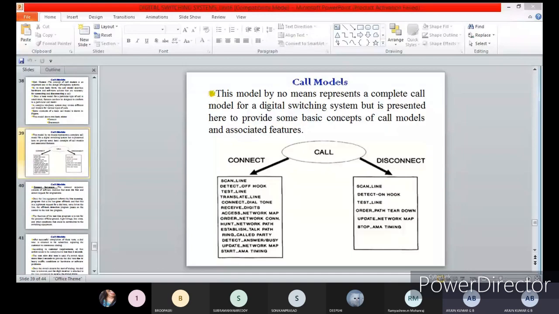Okay, the line has gone off hook and a request is sent for the dial tone. If it is engaged, they do not go for the dial tone. Okay, it is in off hook only. Off hook is nothing but, earlier in the telephone, there is a hook in the receiver where we keep the receiver in the telephone.